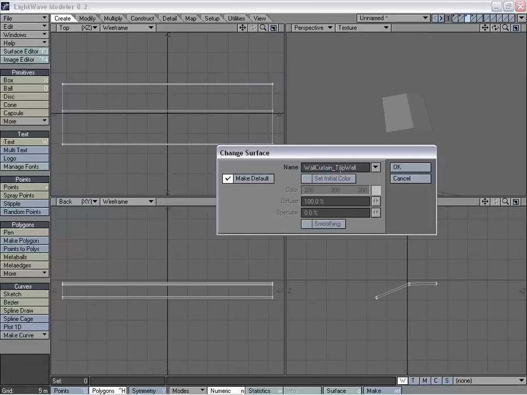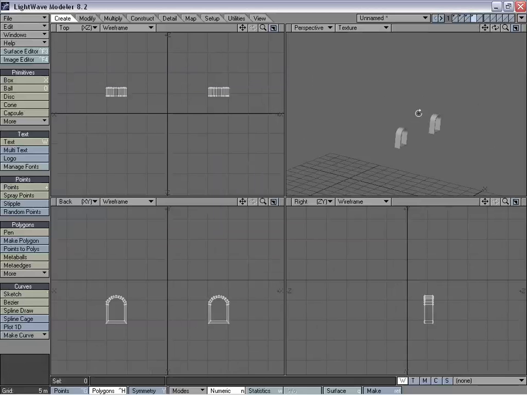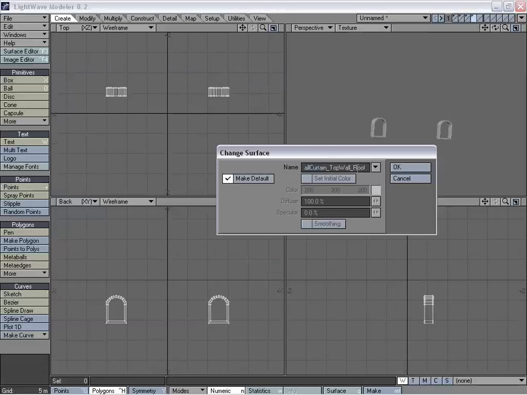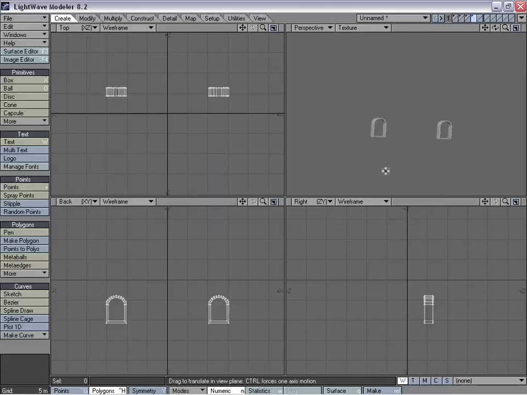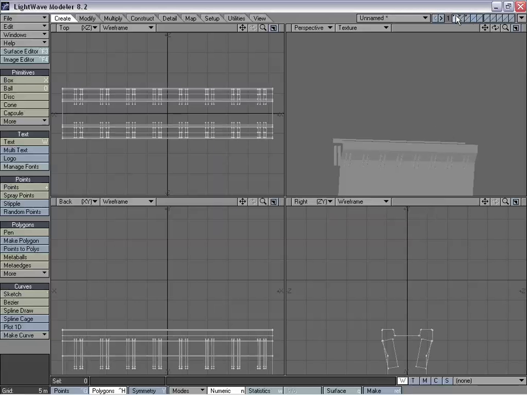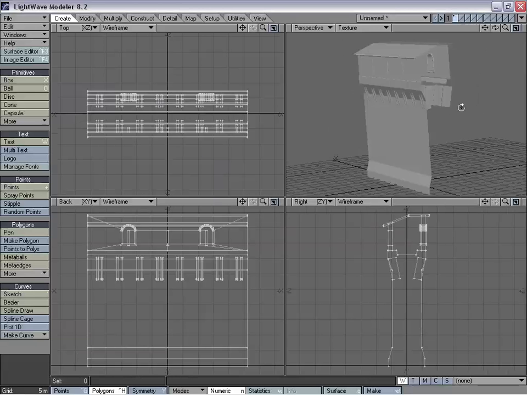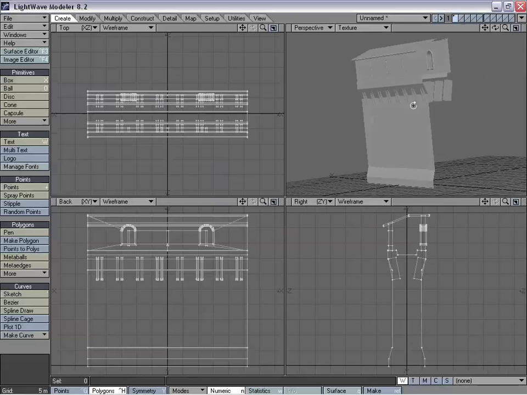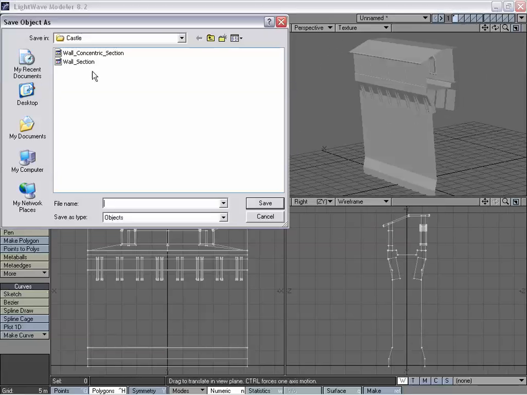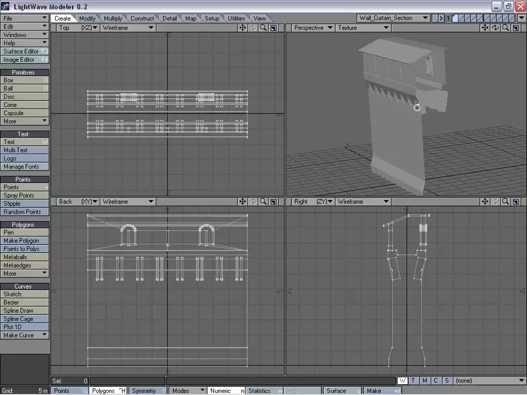Alright, and now we just gonna call this top wall roof. And top wall window trim. And now we can cut them and paste them all on the same layer. And we are finished modeling our curtain wall. You can go ahead and save it. And just call it wall curt section. And there we go. And now we're going to move on to